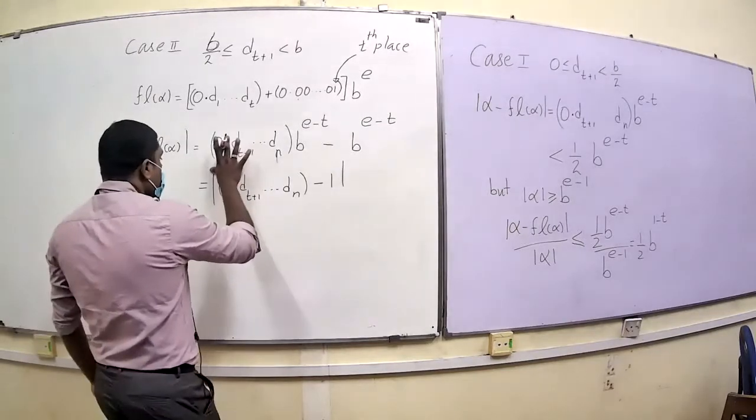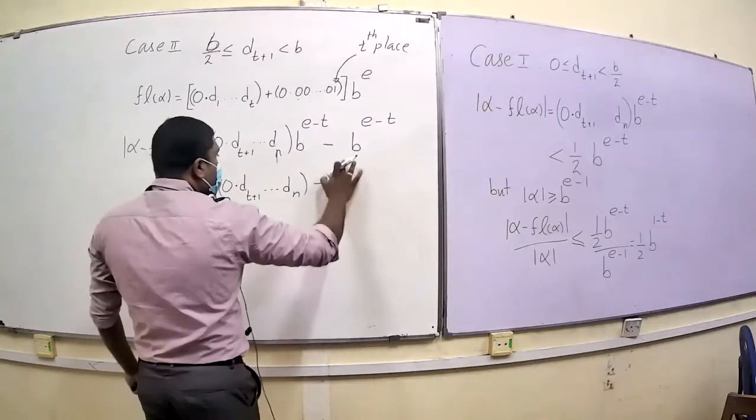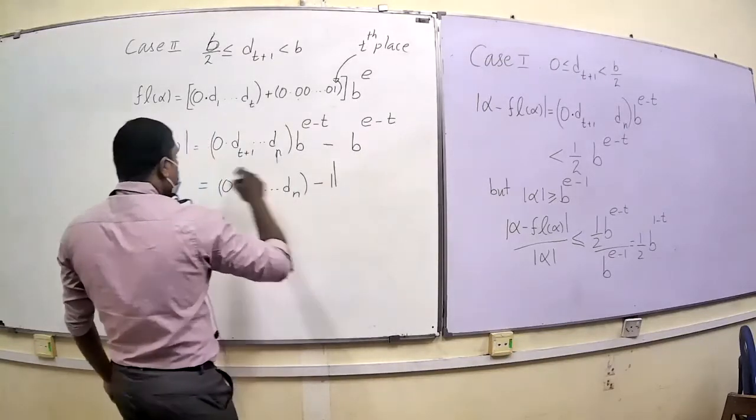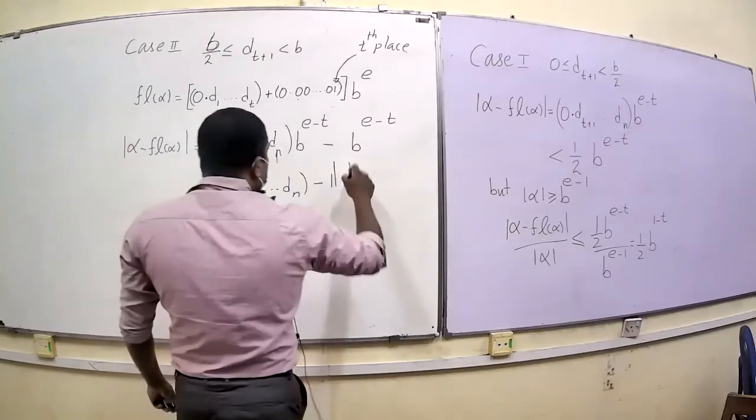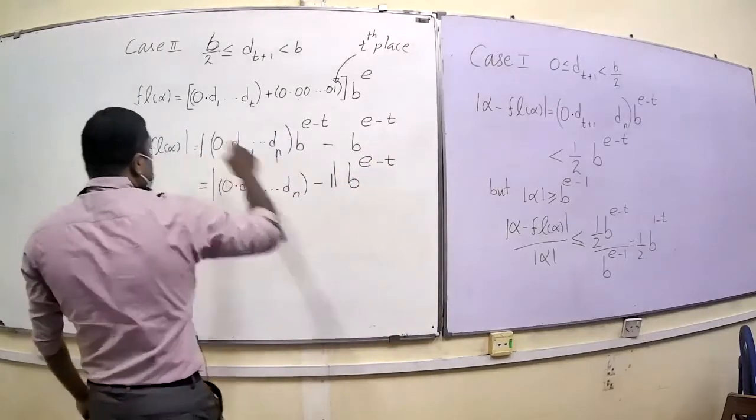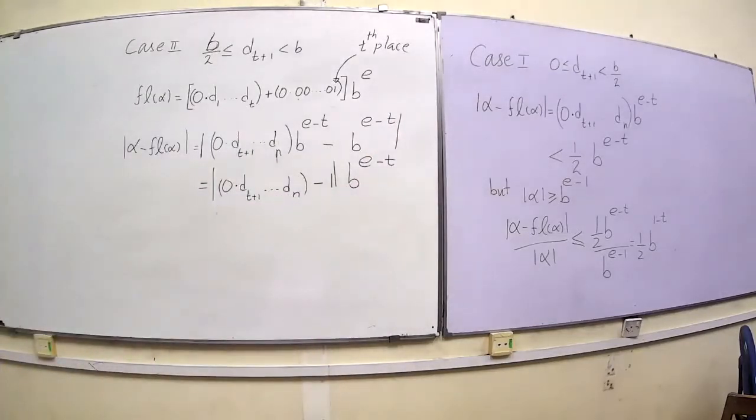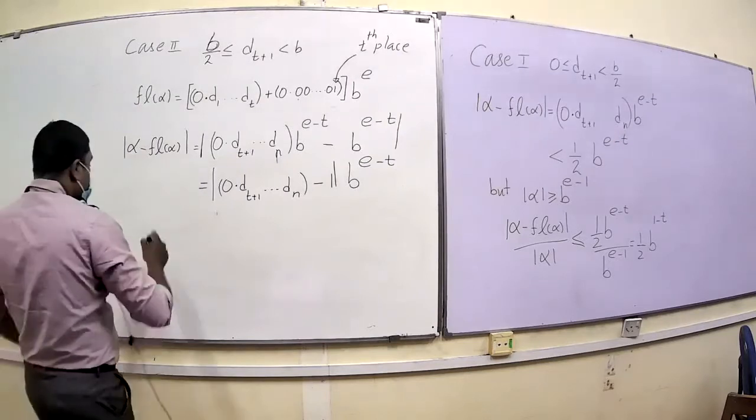I can put the absolute value, or it doesn't matter, right? Let me put an absolute value times b to the power e minus t. Next, let's keep the absolute value so that you know that everything is plus. Right, so if you keep the absolute value, you get this 0.dt up to dn and this. Right, so now you notice that